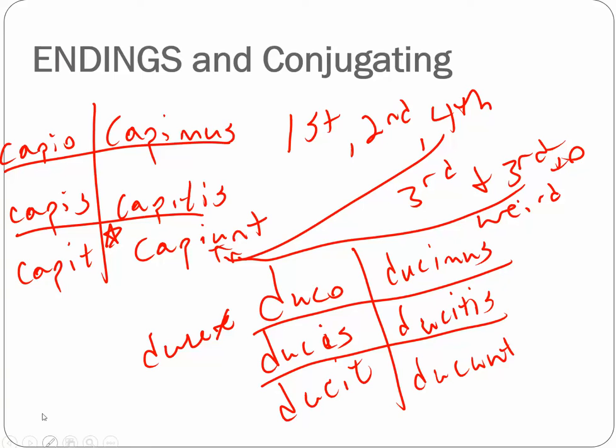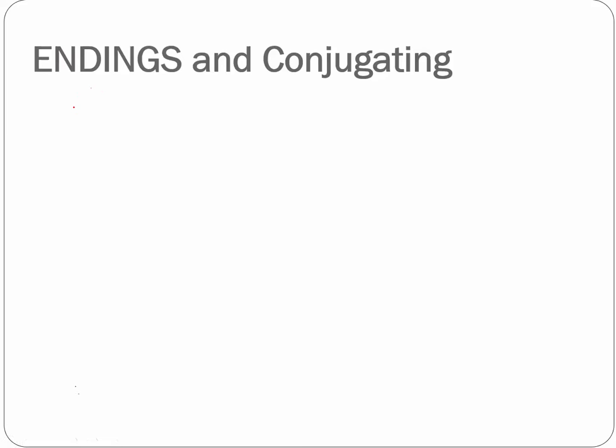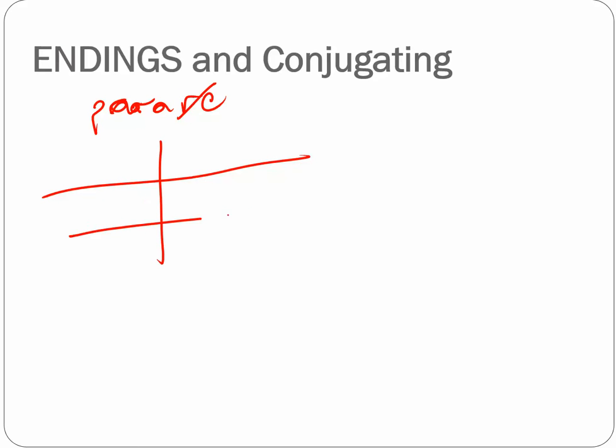Let's look at imperfect tense. Imperfect tense also uses the second part of the verb. So it does this for every conjugation. So with parare, we go to the second part, chop off the re. And it adds bam, bas, bat, bamus, batis, bant. So it's parabam,